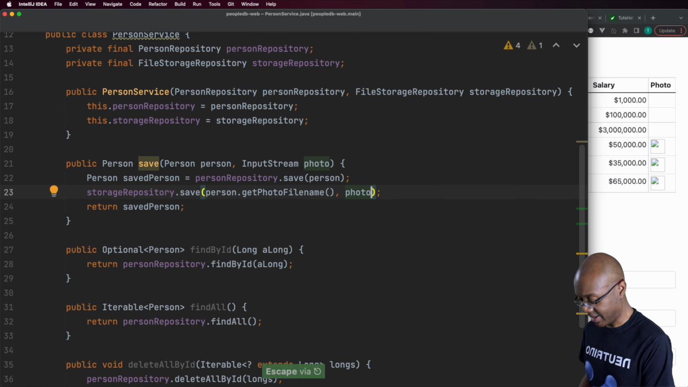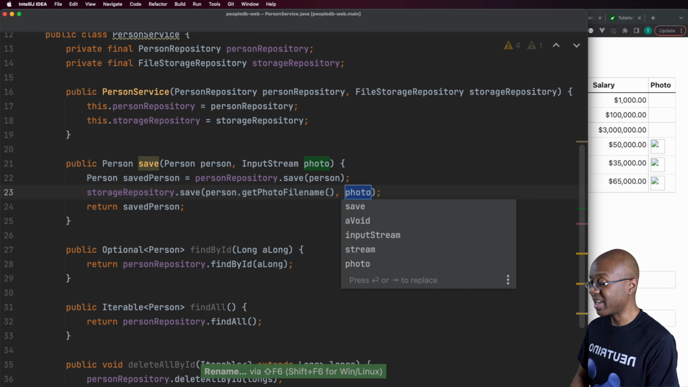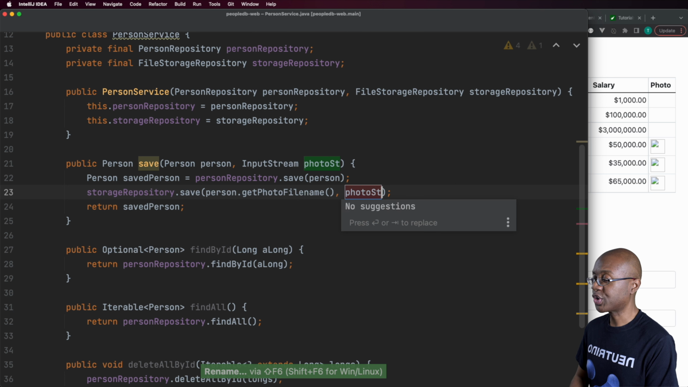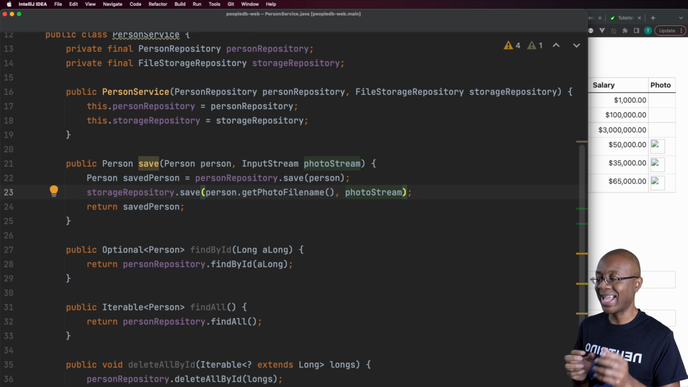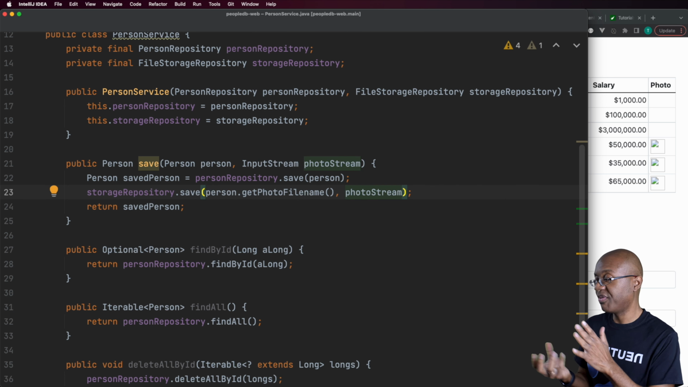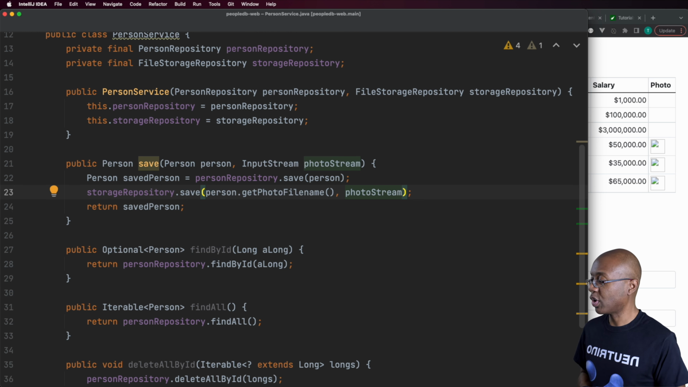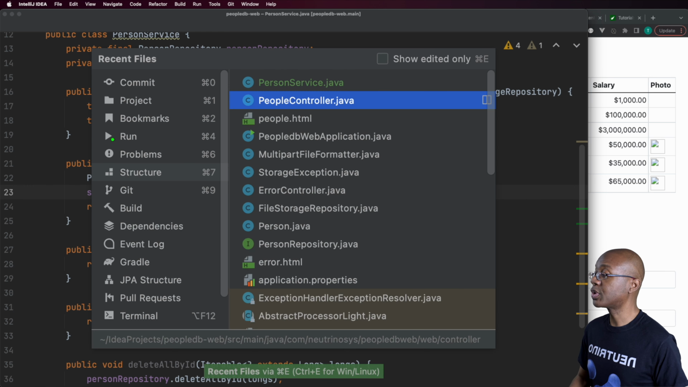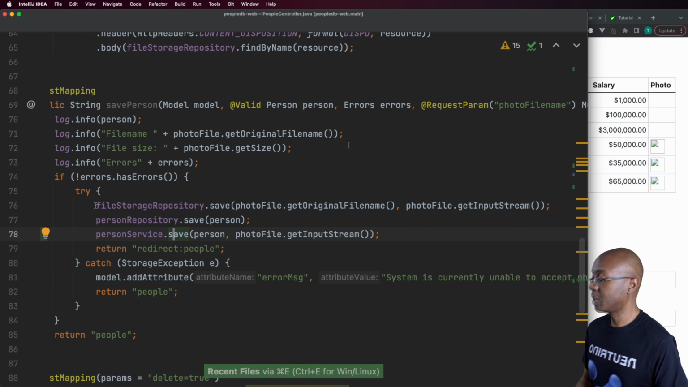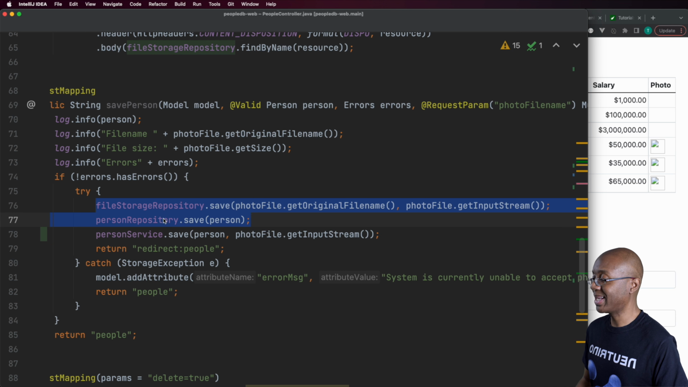Maybe I should name that photo stream or something, just to indicate that it's the stream of the photo. Not that it matters a whole lot, but okay. And so now we've got the ability to save both of these sets of data all from this one method. And then if we jump back over to the controller here, we should not need